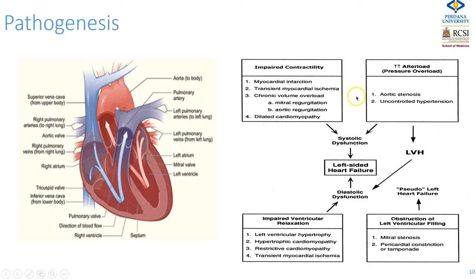Well, most of it is due to coronary artery disease, and most of that comes from acute myocardial infarction, often anterior infarction, which puts out a lot of the left ventricular contracting tissue, so you develop impaired contractility. But it may also arise from other causes, such as severe aortic stenosis or uncontrolled hypertension, which effectively puts a block beyond the heart, and the heart has to raise its pressure in order to try to get blood through